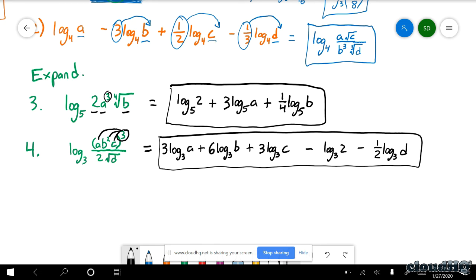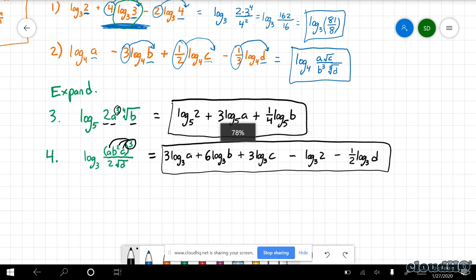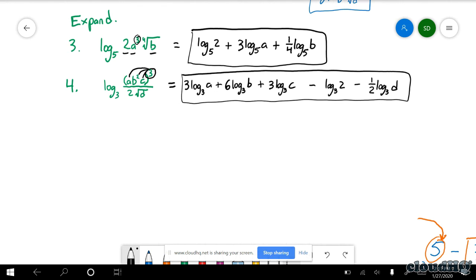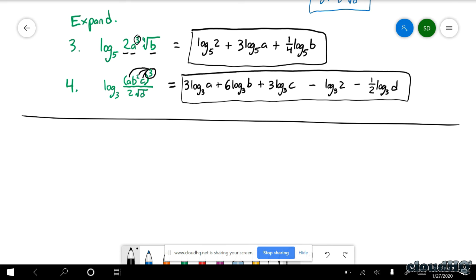Okay, so now we're going to take a look at what our book spends most of the time on. Most of these examples, you're not going to find problems like this in the textbook. But we're going to now use that to solve some problems. So this is really the main idea of the section. So solve